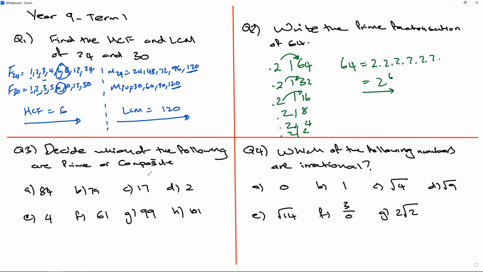Decide which of the following are prime or composite numbers. Looking at these numbers, prime numbers are definitely not even, except 2. So composite, composite, and 2 is definitely a prime number. Between the odd numbers, if you look at 79, 7 plus 9 is equal to 16, and 16 comes to the number 7, which is not going to be divisible by 6 or 9. Looking at divisibility rules,